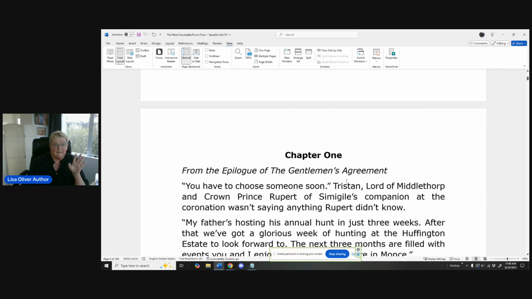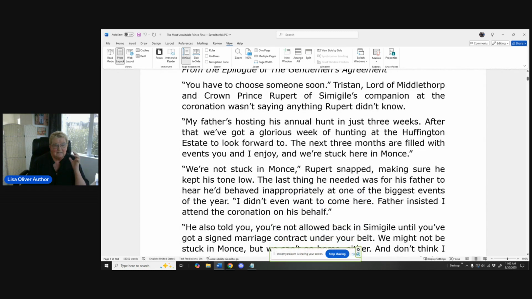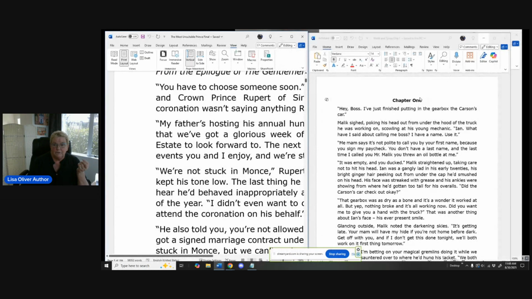So what we're doing is we're immediately setting a conflict in those first couple of paragraphs. We know who the main character is, or at least one of the main characters, which will be Crown Prince Rupert of Cimmergile, and he has got an issue. He needs to find a marriage contract. And he's at a huge coronation with an awful lot of royals around, so one would think he's able to find somebody. If we go on to here, this one here